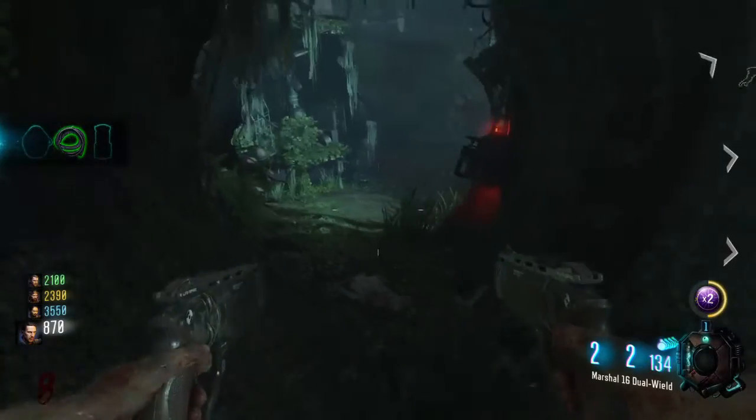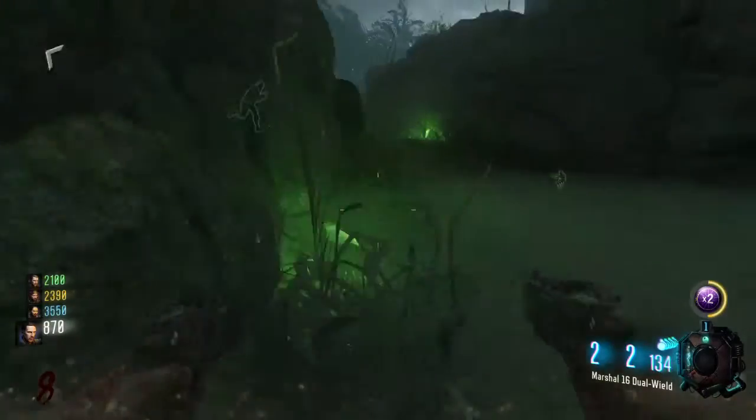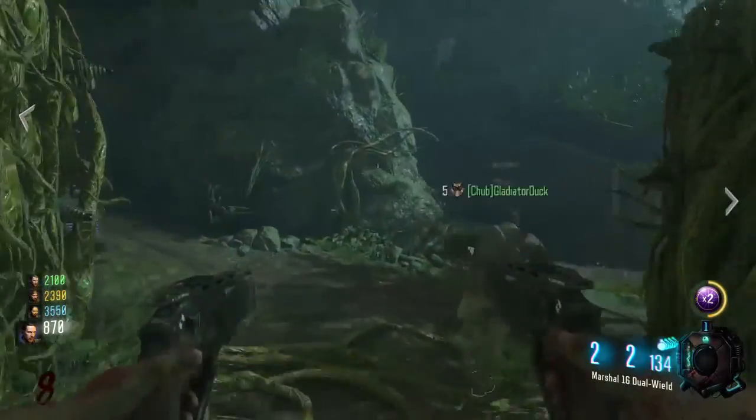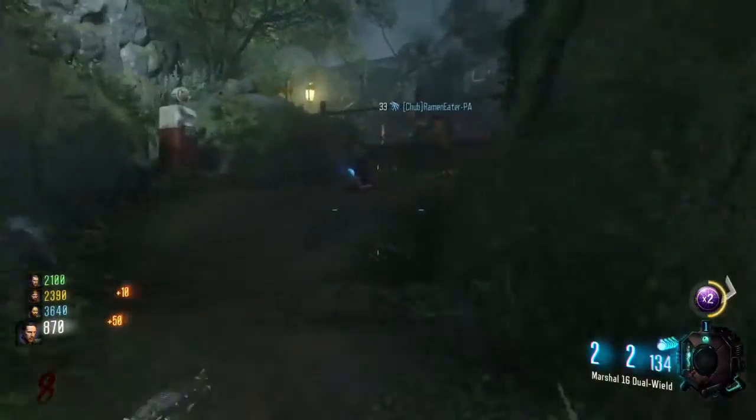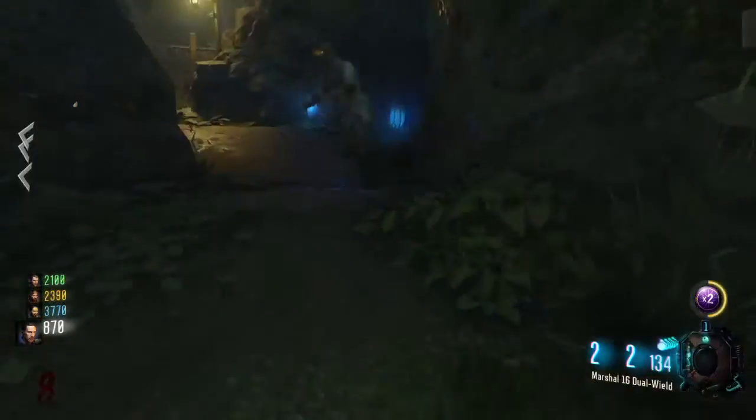So on the number 4 spot has got to be, okay, this is really surprising for most of you, but I'm gonna go with the Dingo. And you might be thinking, this is an LMG. I mean, it takes so long to reload, and it makes you so slow when you're